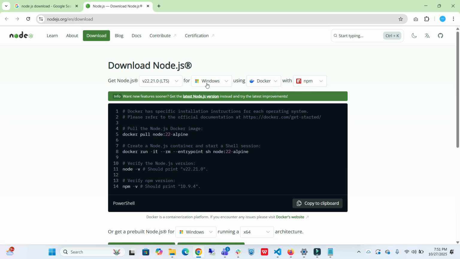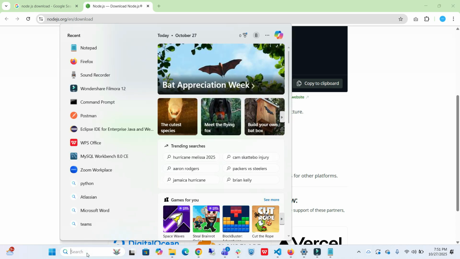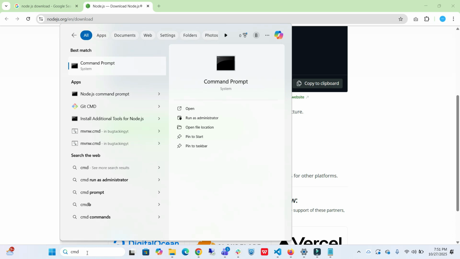Like if you are looking for Windows or Docker or npm, you can select the operating system from here. In my case I'm using Windows, so I'm selecting Windows, and then you can download this installer and install it as a simple Windows application. You can accept the terms and conditions, click on next, and once the installation is done, you have to open the command prompt on your machine,